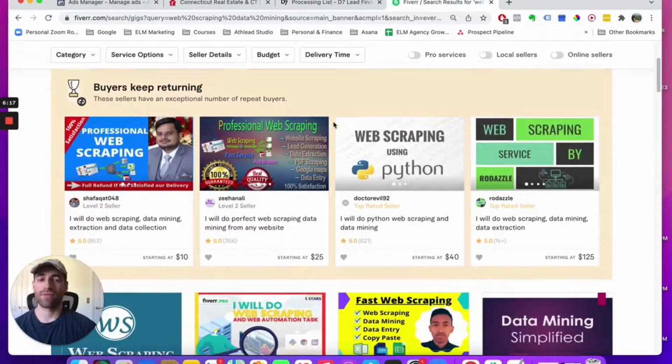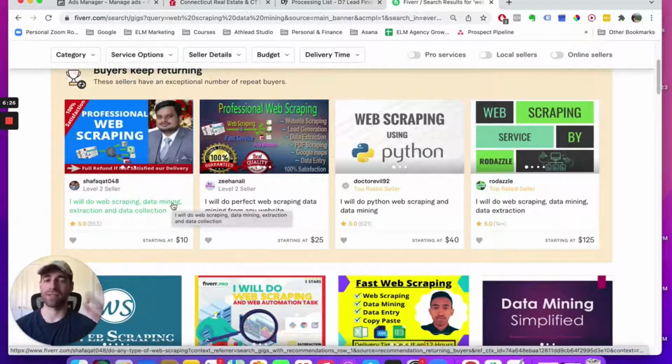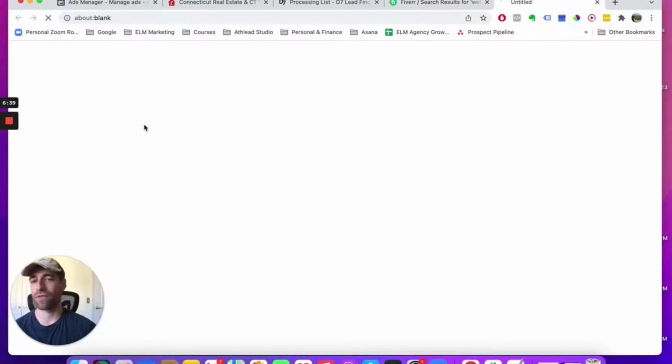So if I were to find a freelancer, you could look at their rates over here. Web scraping, data mining, extraction, data collection, somewhere in that realm is basically the service that we're looking for. It's pretty much all the same thing. And then, again, you could look for their rates and more importantly, how many ratings they have. How many 5-star reviews is going to probably be your best bet. So if we go for this guy, for example,